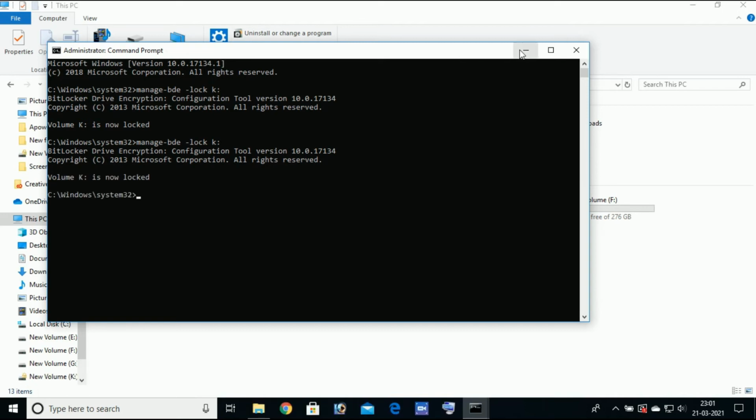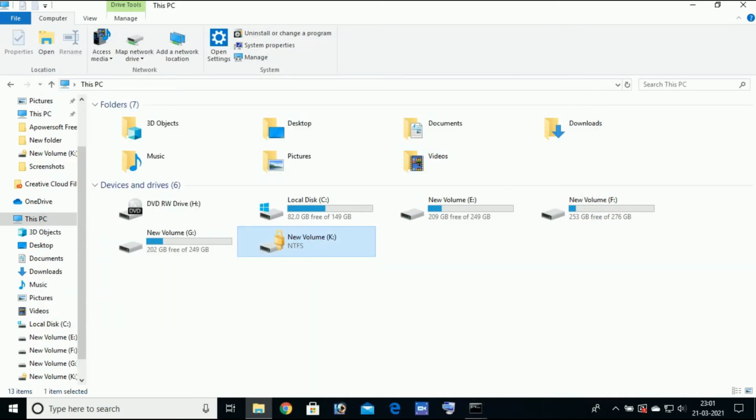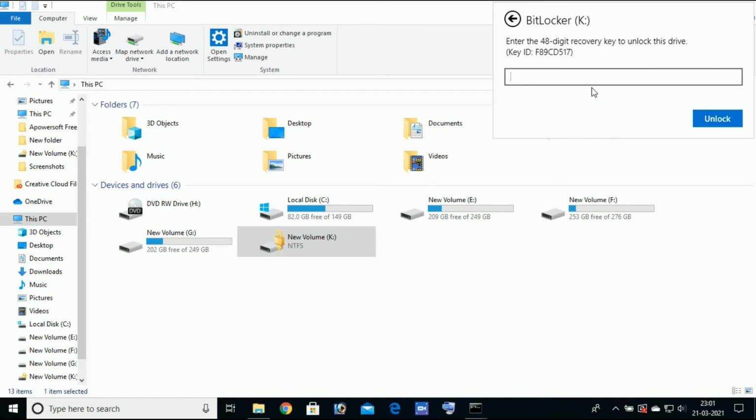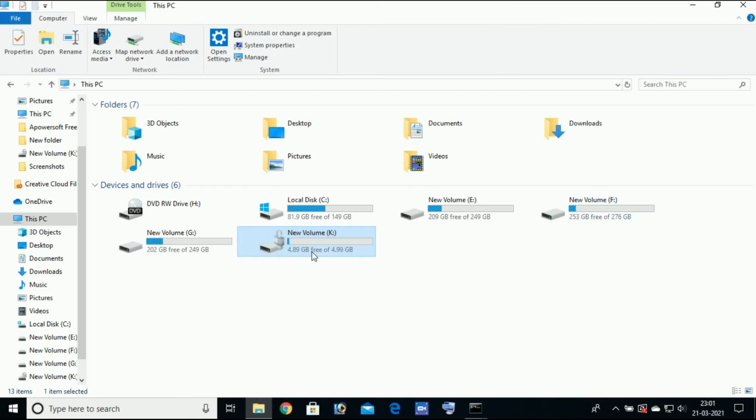Our drive K is locked. Now we want to open it using the recovery file. Suppose I forgot my password. Click on more options, enter recovery key, and paste the recovery key here. Unlock. Now you can see our drive is unlocked and you can access the K drive data.